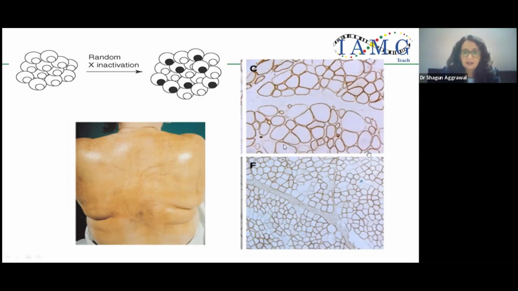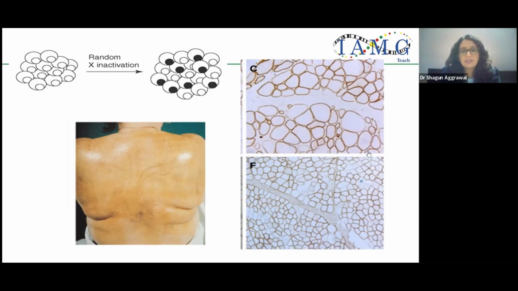For example, what is shown here is a muscle biopsy staining for the dystrophin gene in a patient who is a carrier of dystrophinopathy or Duchenne muscular dystrophy, whereby there would be a deficiency of the dystrophin protein in the muscles. Here you can make out that some of the muscle bundles are very faintly staining. Basically, these are the cells which have that particular X chromosome active where the DMD gene mutation